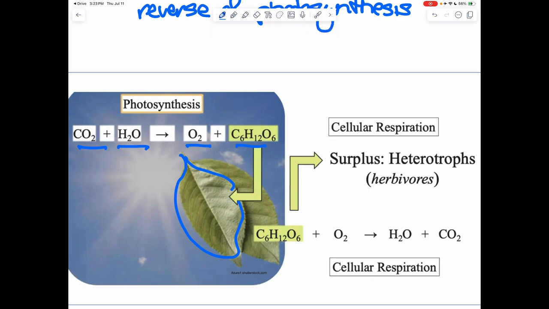But I think one thing that we forget is that plants also need to go through cellular respiration. It is not just something that herbivores or carnivores go through. Our producers also have to go through cellular respiration, and they do that in order to make more leaves or more roots or more parts of their plants. So when they do that, they go through their cellular respiration, and then some of it will be left over. And that leftover will go to the heterotrophs and it will be eaten.